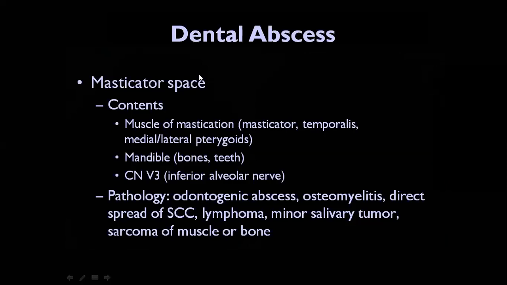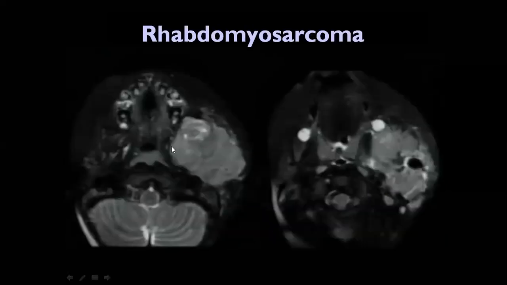Yeah, so this is an abscess. It happened in the masticator space, and the differential will be osteomyelitis. If there is any necrotic tumor or squamous cell carcinoma, maybe lymphoma, especially after treatment, other minor salivary gland tumors, and sarcomas. It can come to you in the masseter